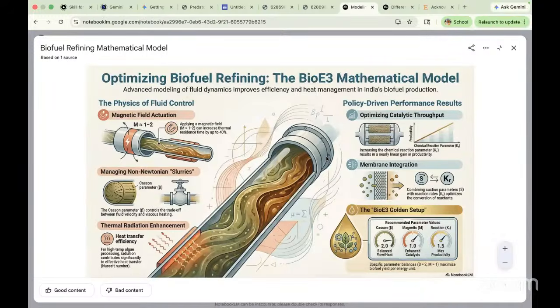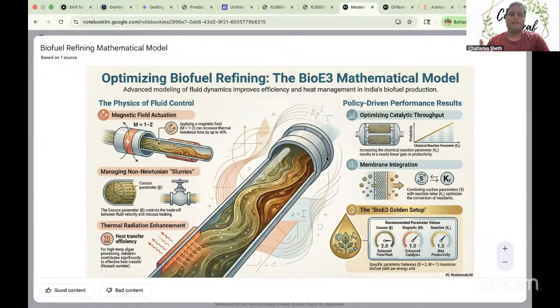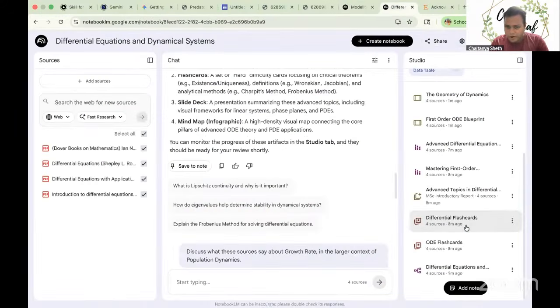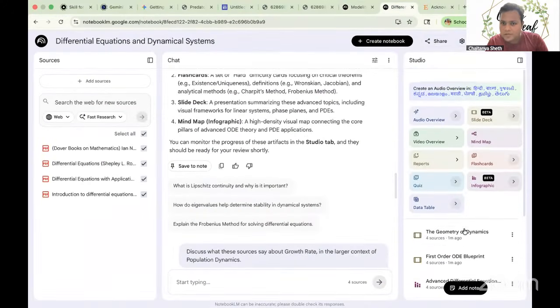So this is what I got. Even after several iterations, it was moving around similar things only. So what I have noticed is that for topics which are very new in research, infographics are not very good. But if there are some old topics, like I'll show one here,